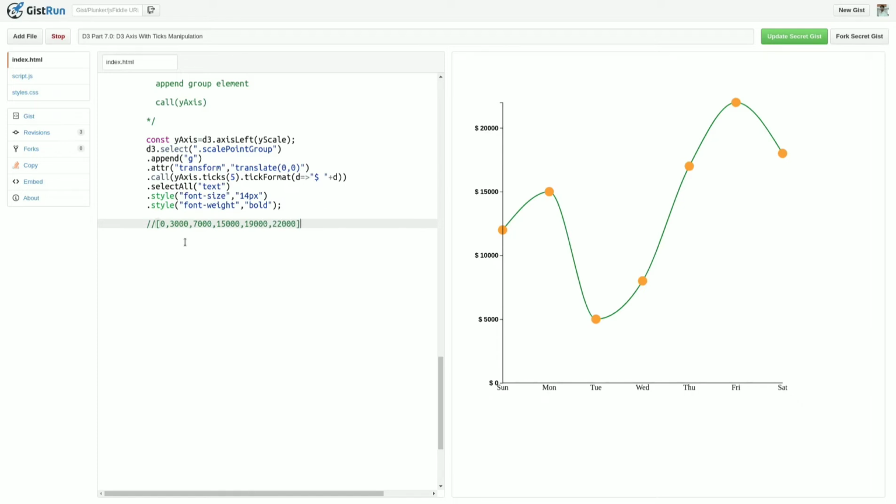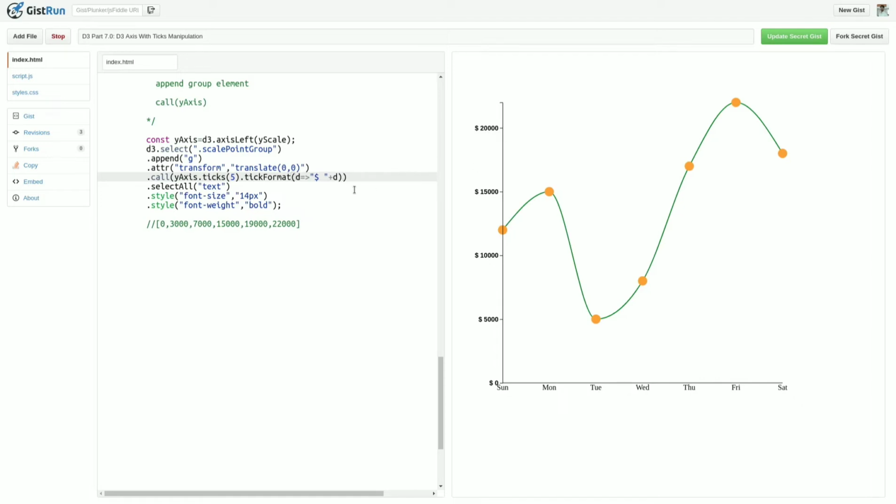I want this type of ticks instead of the available ticks. So you can see that by default 5 ticks are available, but that is based on the internal behavior of ticks. Now I want to override that behavior. Instead of these ticks I want user-specified ticks. The ticks that I have provided I want to see here.